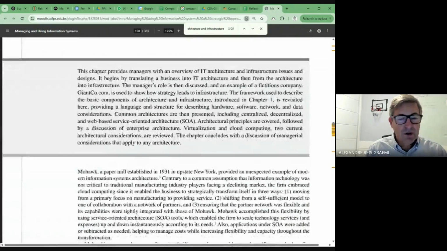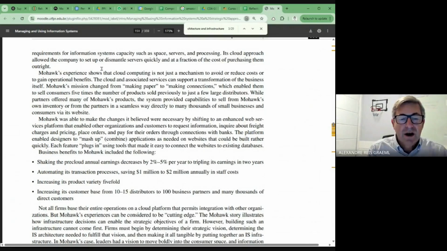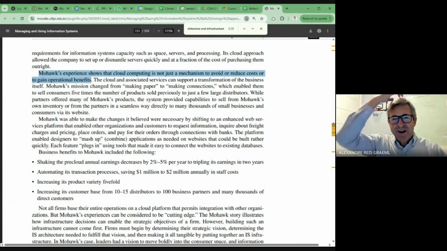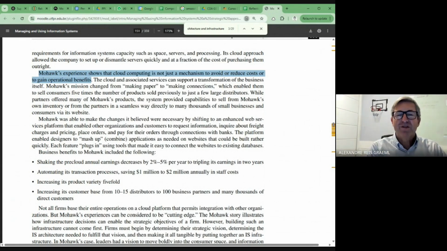One interesting thing that I noticed here is when they mention this company here, Mohawk, for me was that kind of haircut where you only had hair on the top here. But this Mohawk company is the case that they start the chapter with, and they say that this company used to be a very traditional company in the paper industry. And then at some stage, they realized that the business was stable, but the only way for them to grow, or to keep growing, and again, notice that they had the growing bug there. We don't necessarily need to grow, but they saw the potential of keeping growing if they started